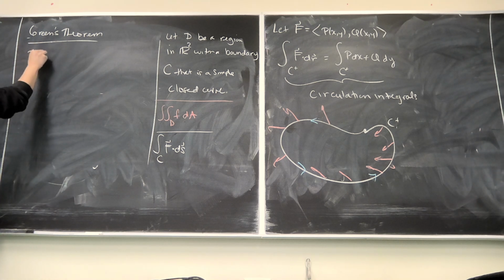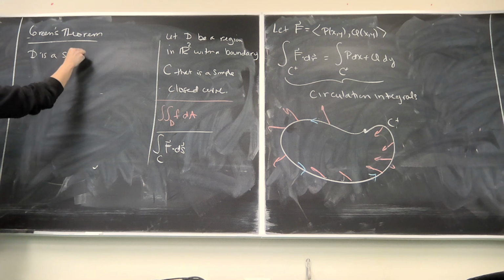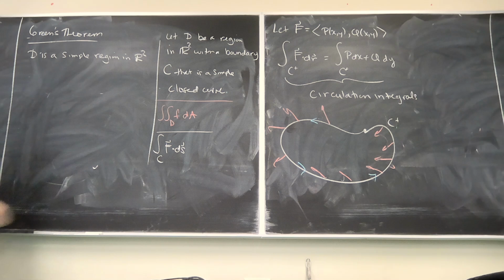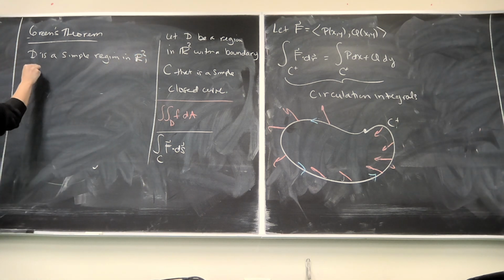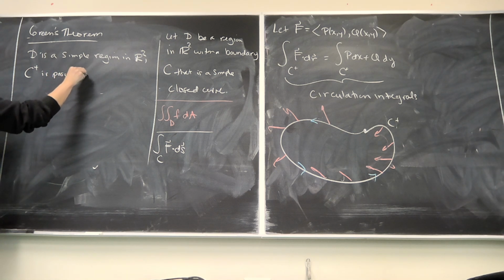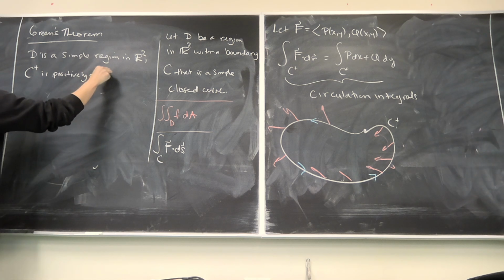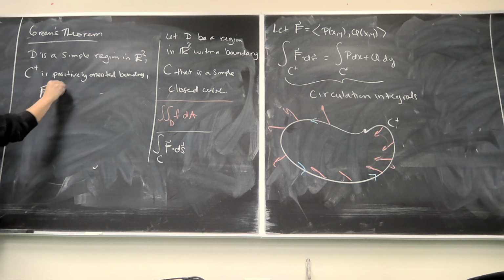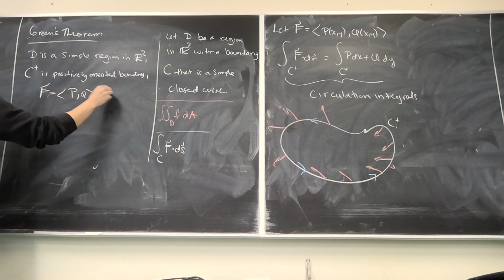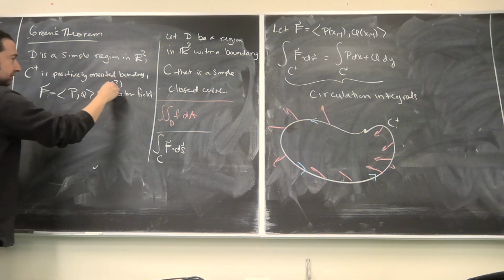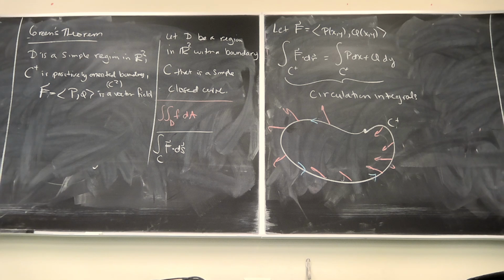If D is a simple region in R2, that is a region with a simple closed curve for a boundary, and C plus is its positively oriented boundary, and F is equal to (P, Q), a vector field, probably it needs to be of class C2, which means two times continuously differentiable. Then